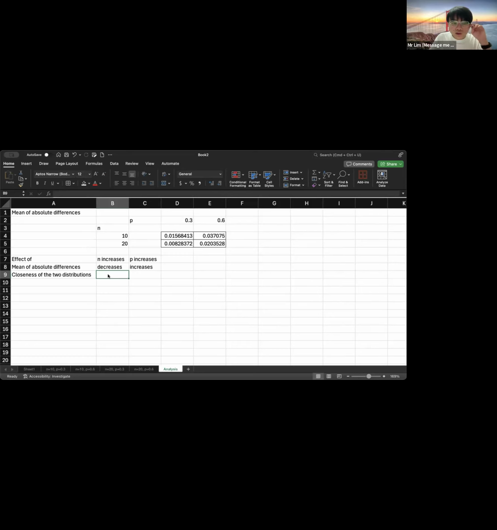So the closeness of the two values is, now when the mean of the absolute difference decreases, it means they are closer to each other, right? So this means closer. Now this one is the opposite. Because the mean of the absolute difference increases, it becomes further